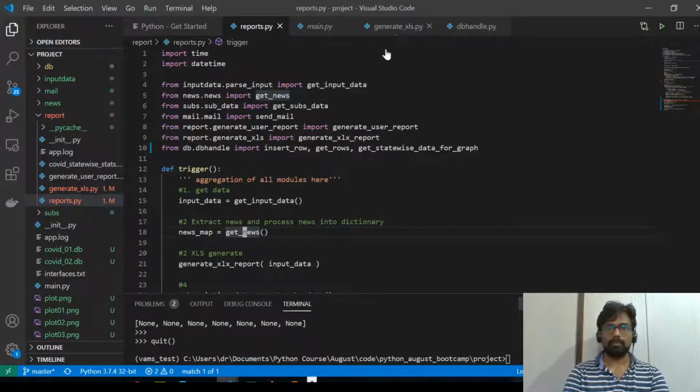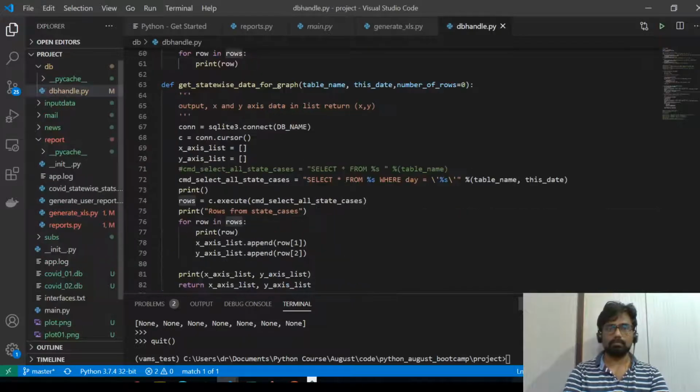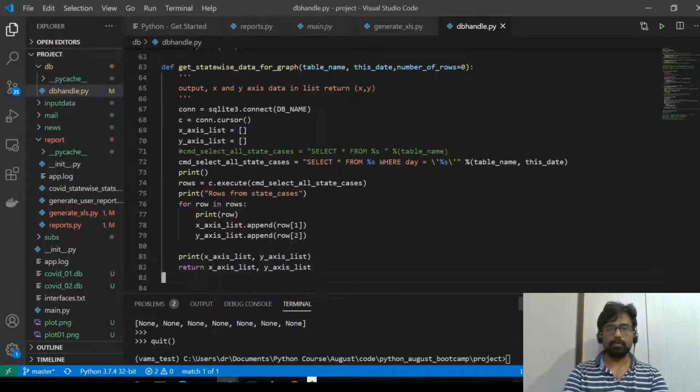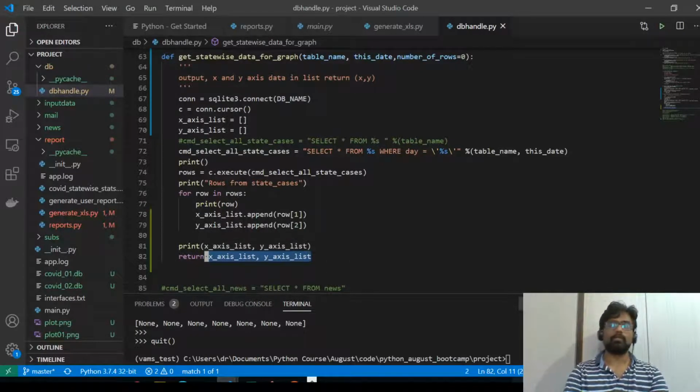We have used tuples in a lot of cases. I'll just show you here. Yesterday we did graphing, right? In the graph, we wanted a list of x points and a list of y points, that is the coordinates.